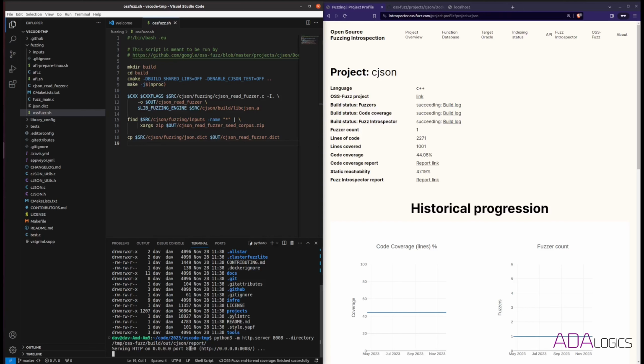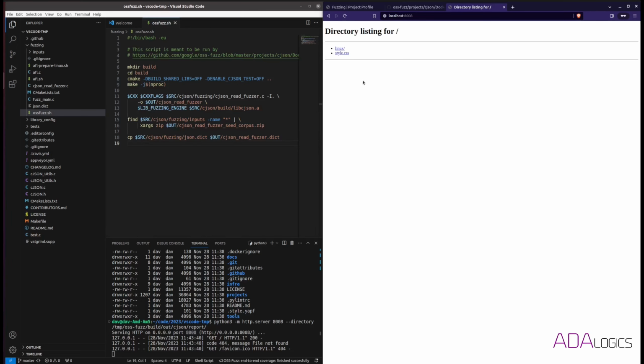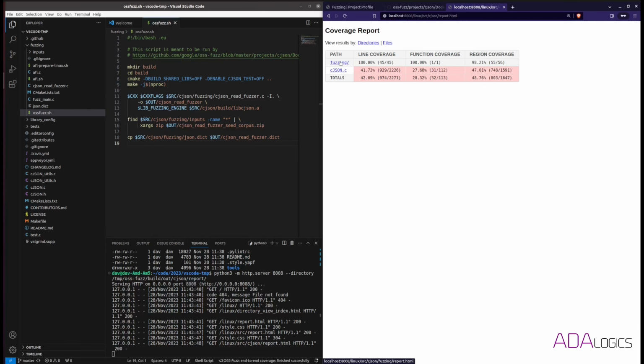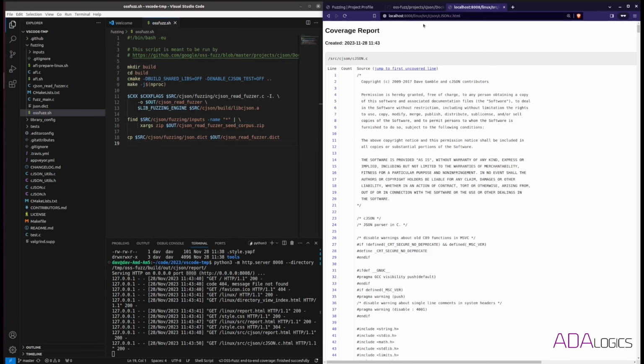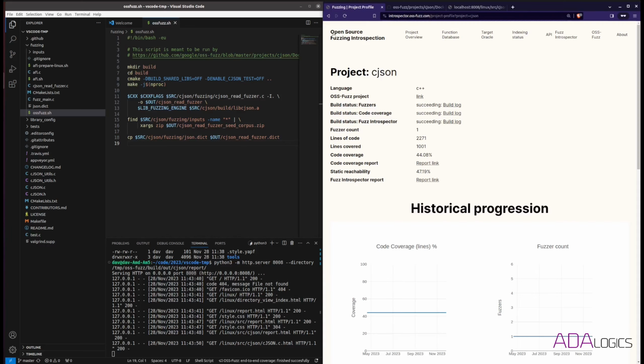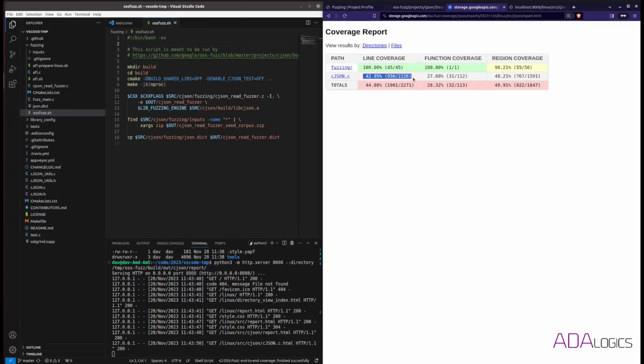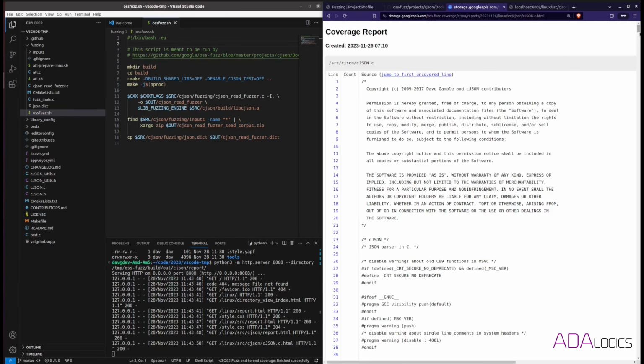There you go. So now we have a web server running on 8.0.8, and I have a window open here. Now we have a code coverage report based on our local setup, instantly created. What we can do is start to identify the limitations of the existing setup. To do that, I will simply look at the code coverage report of the cJSON project. It's a fairly small project,